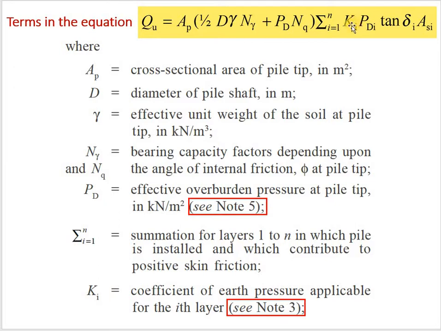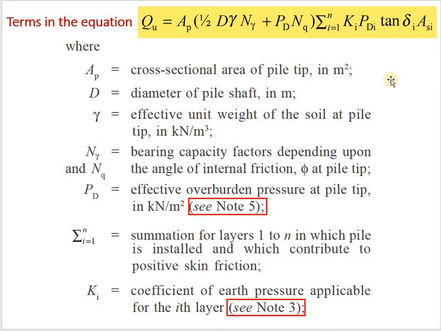Plus this is the surface frictional resistance, that is, it depends on the pile surface. Also, if the soil layers change, accordingly this term will change. That is why here you are making the summation from i equal to 1 to n. If you are dealing with multiple layered soil, then for each layer you have to find the different K, PD, tan delta, ASI, etc. From an exam point of view, only one particular layer will be dealt with. You need not study in detail for various layers. Such complicated questions will not be asked in exams.